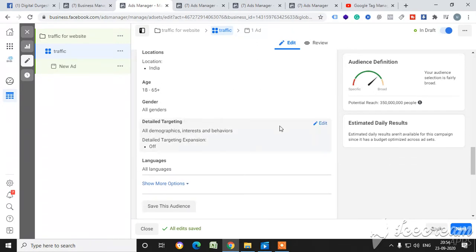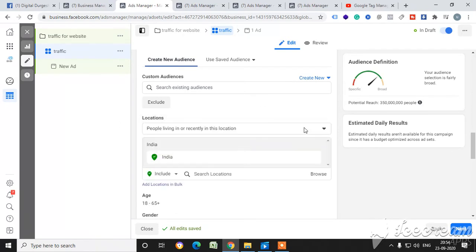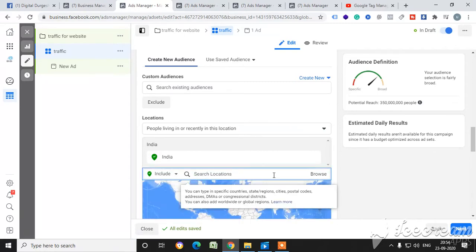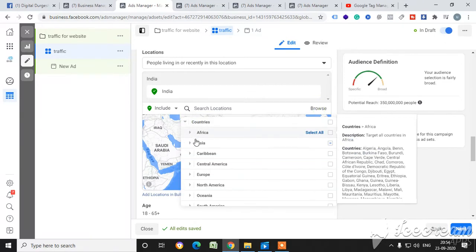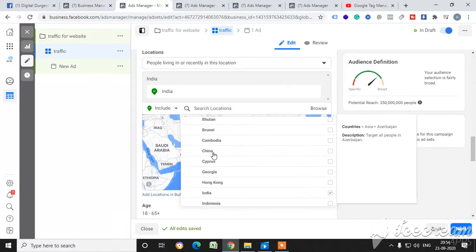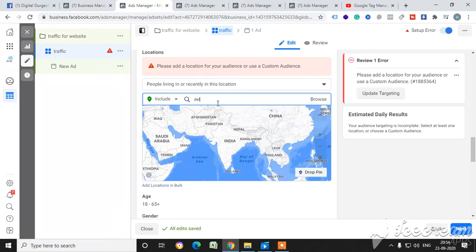But if you want to select a location, see, I select a new location. If you want to select a specific location, you have to browse this: country, Asia, India. See this, India. If you want to show your ads only in Delhi, you can type Delhi.